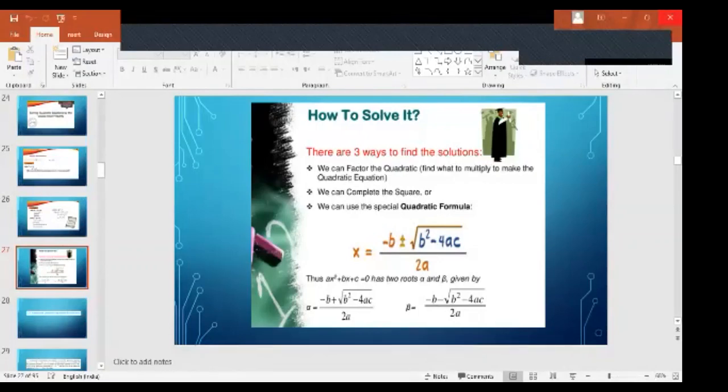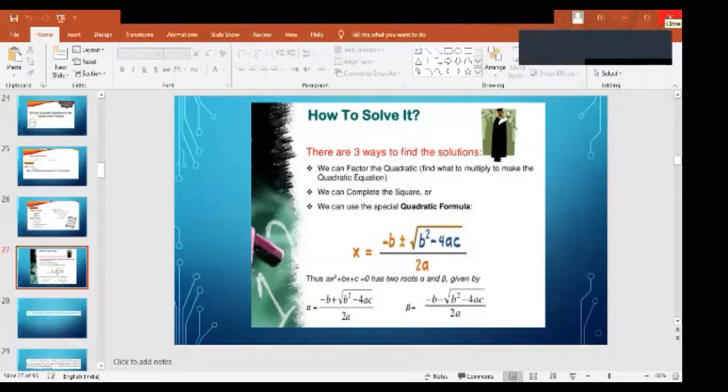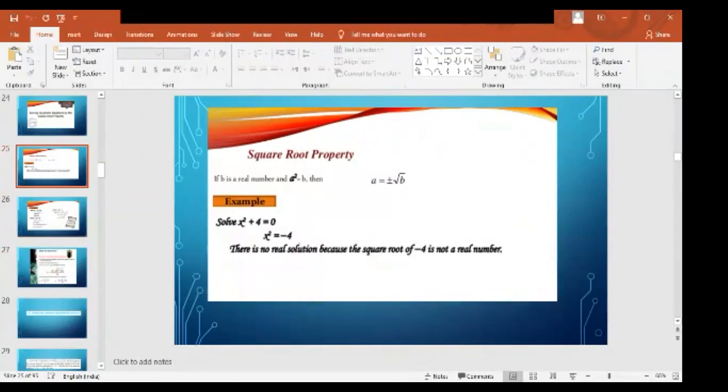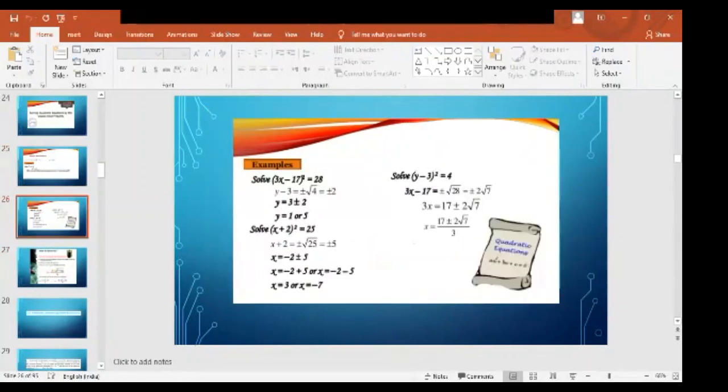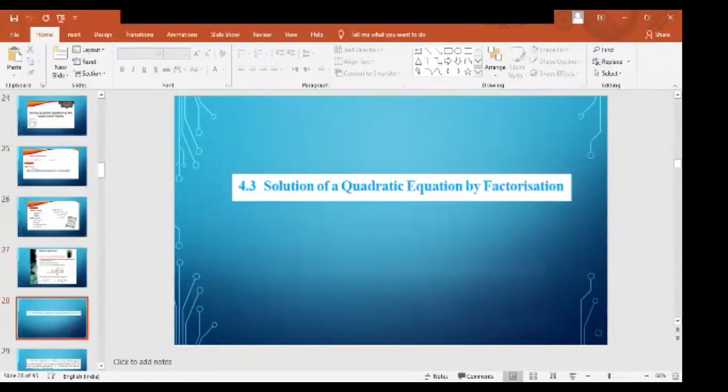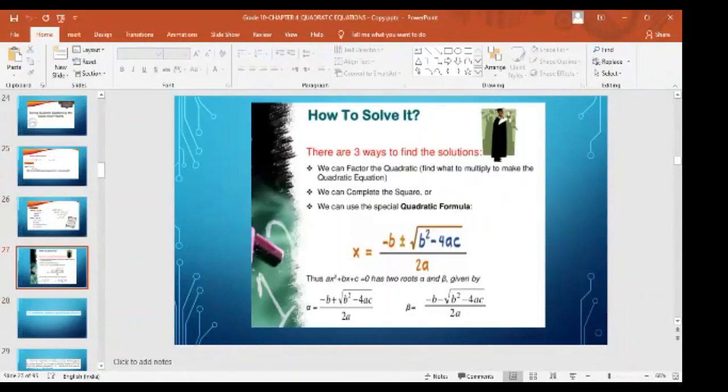1 minute. Just a minute. Can you all see my screen here? Ma'am, it's too blurred. I'll just wait a minute. I'll put it on slideshow. Just give me a minute. Fine.